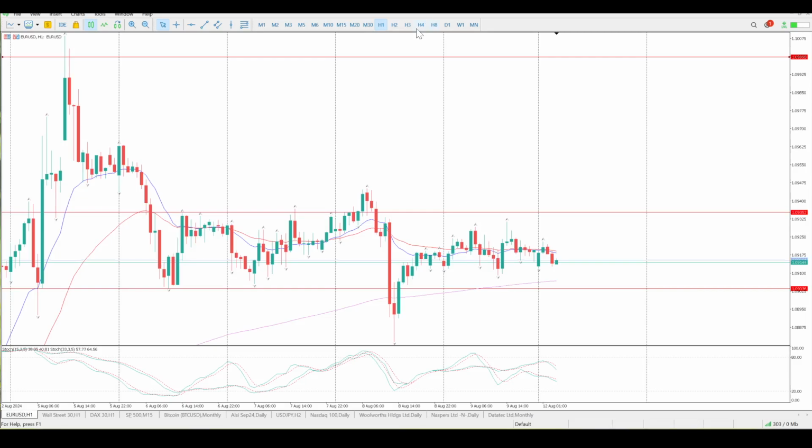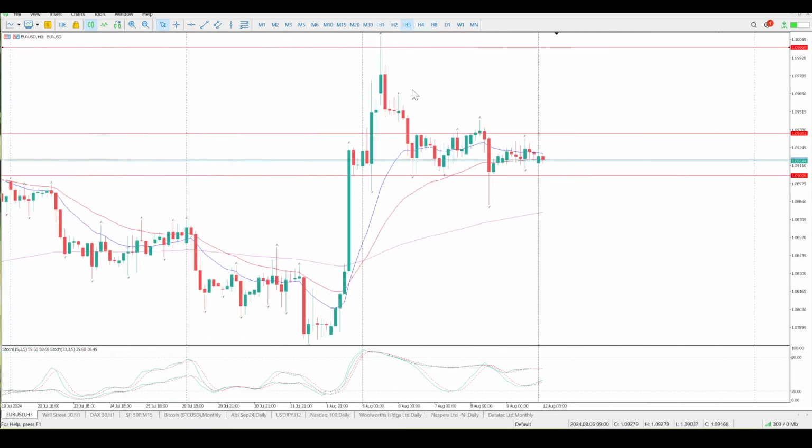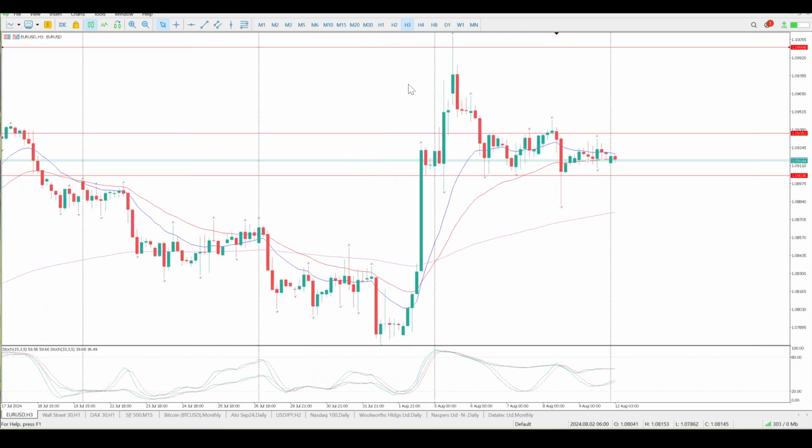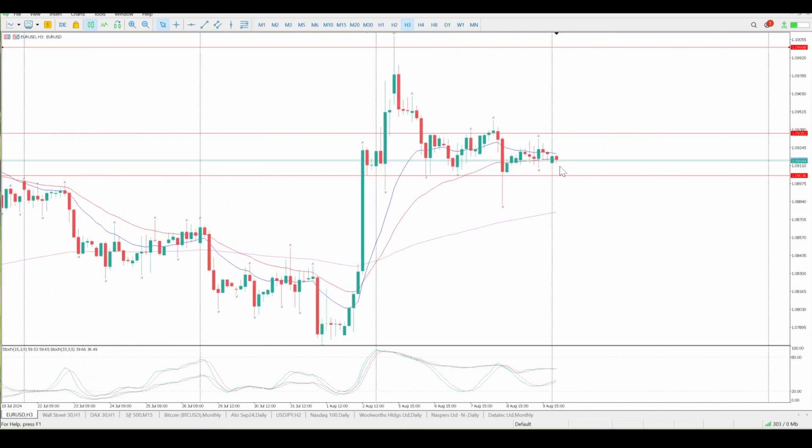If we do break structure to the downside, I'm not going to jump in that quickly, purely because we are above the 150 EMA here on the 3 hour. So I'd be a little bit hesitant to jump in short with that kind of structure, and especially with this big move that we had as well. Okay, anyway, so sit on hands for